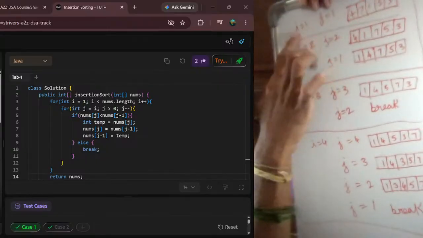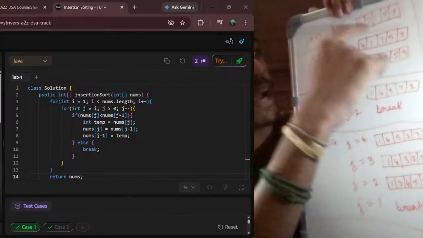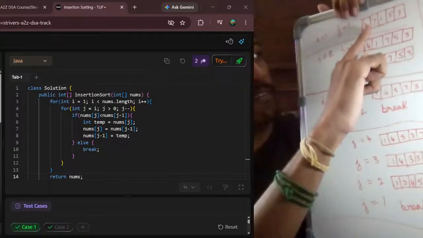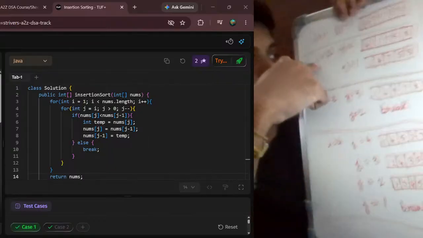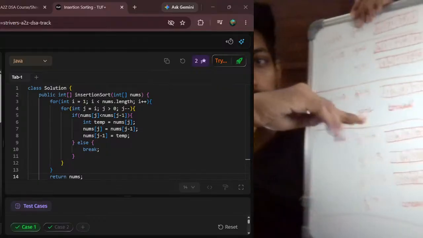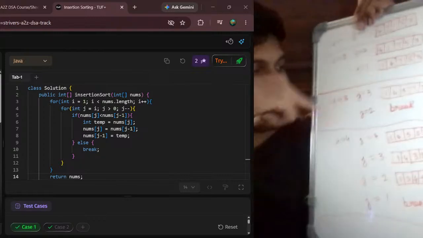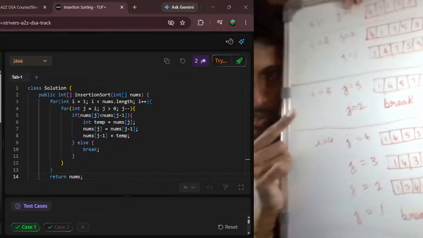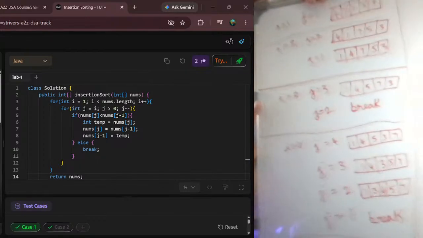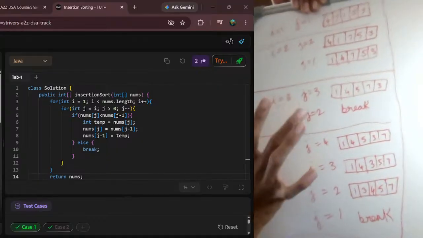So for i is equal to 1, j is equal to 1. And then we swapped 7 for 4. And then for i is equal to 2, j will decrease from i to 1, so j is equal to 2, 1. And we had 2 swaps. And for i is equal to 3, we have j is equal to 3. But for 2,